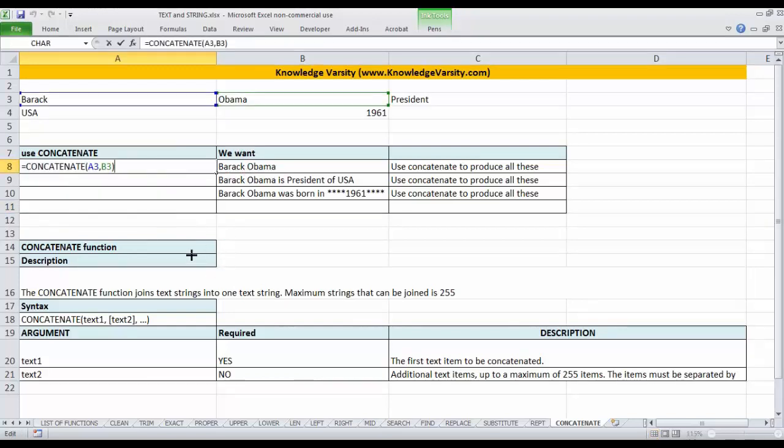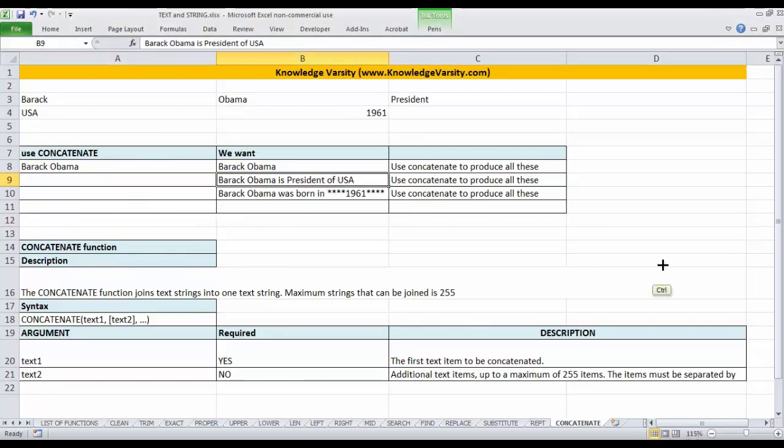What you can do is say that the second thing you want is a space. So you are now concatenating three strings. The first string is Barack, the second is a space, and the third is Obama. That is what you have to specify. So you press comma, specify Obama, and then close it. You see that your Barack space Obama has come. So this is how you have to do it.